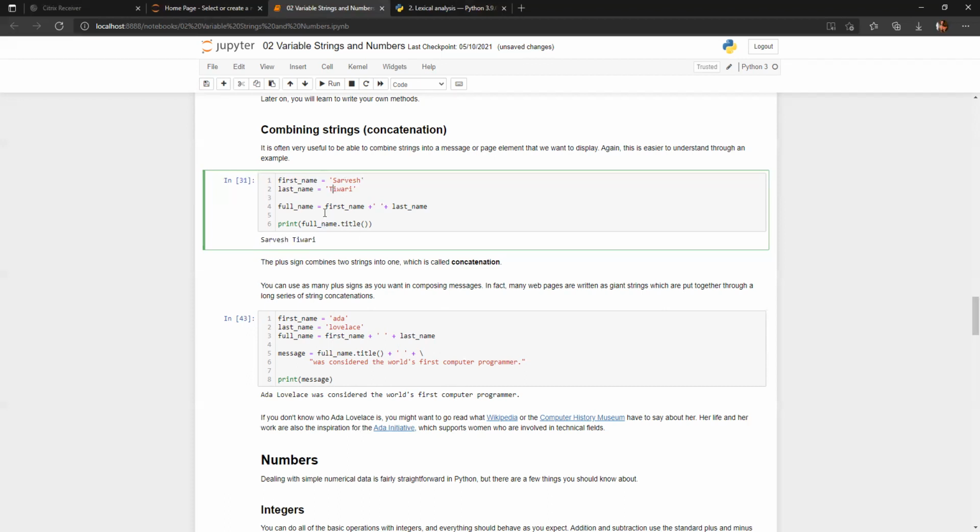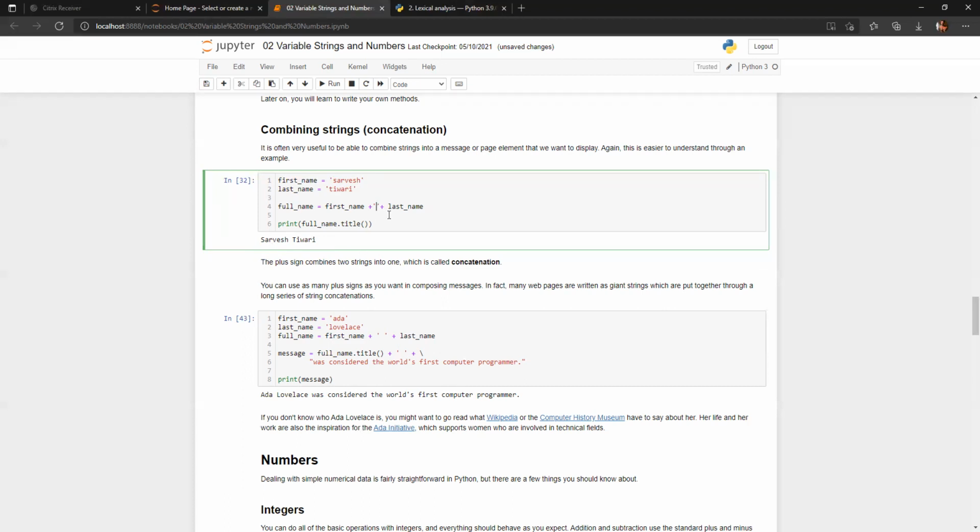Let me do this just for the sake of seeing the output properly. Now, as you can see, the first name was Sarvesh and the last name is Tiwari, but it was all in lower case. Now, full name dot title has taken S capital and T capital. Why do I use the space?